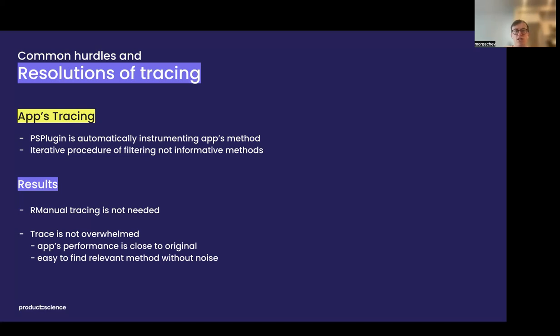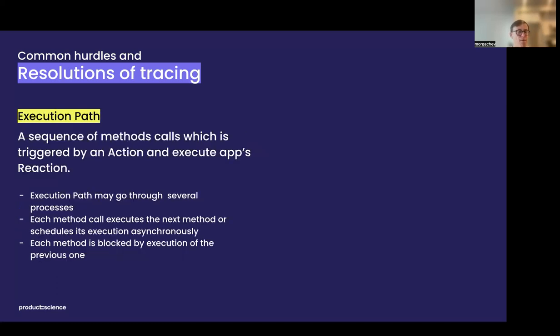And what are the results of this procedure? Manual tracing is not needed because initially we traced everything, and the trace is not overwhelming because after that we automatically removed everything useless. And the app's performance becomes close to the original, really close, and it's easier to use because you can focus on the real methods which are really important here. And also,